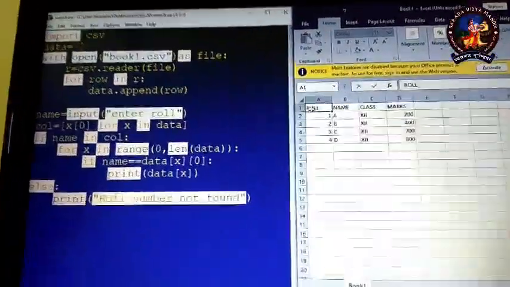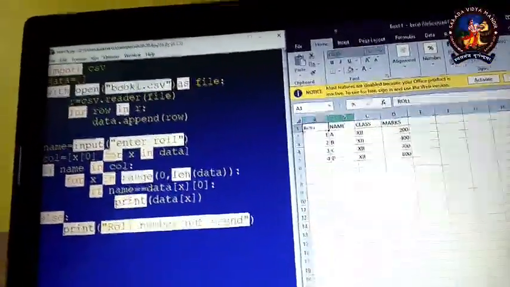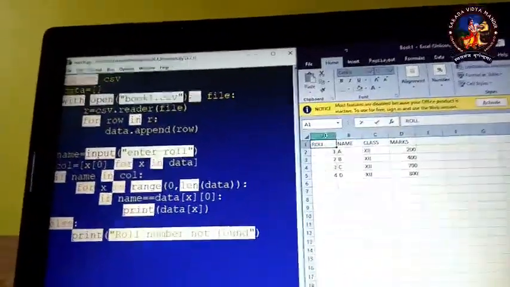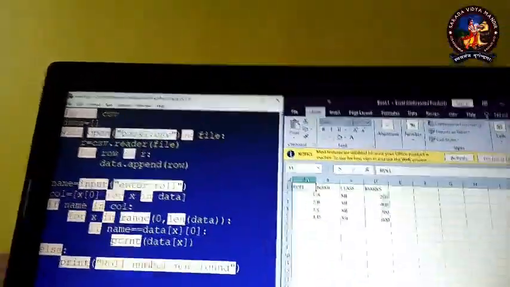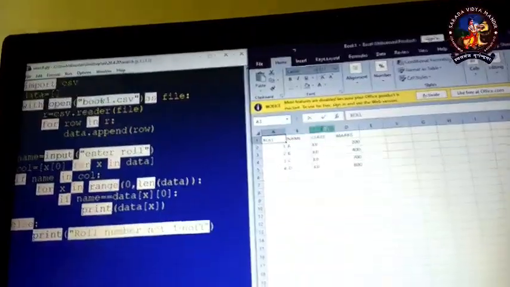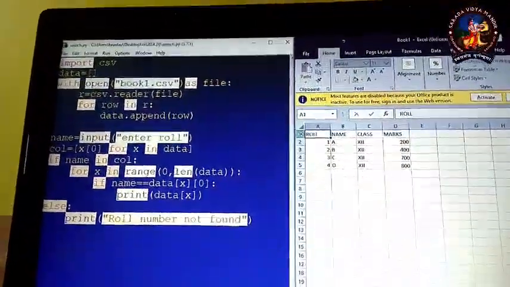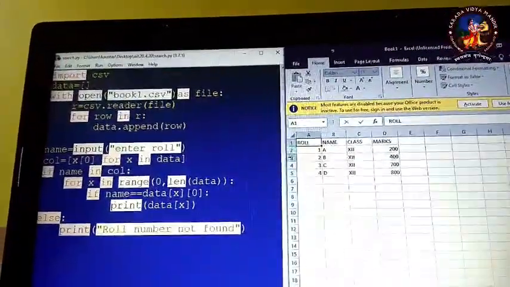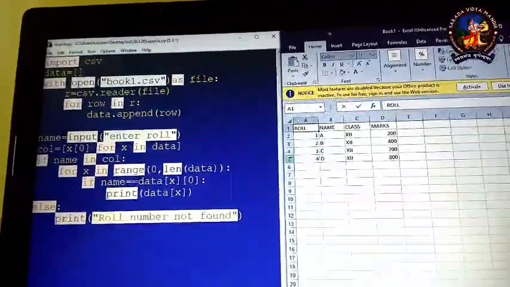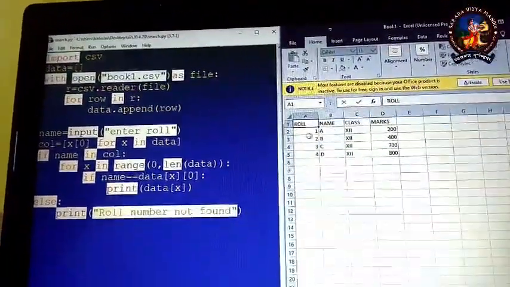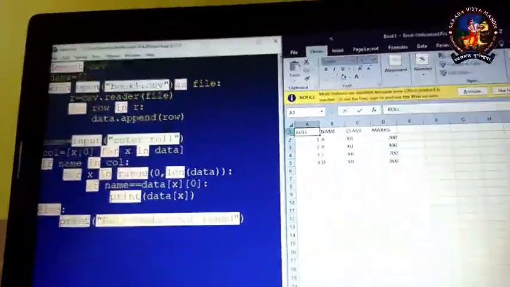So what is going to happen? The column numbers, in place of A, B, C, D, are internally arranged as 0, 1, 2, 3, and the row numbers are also arranged as 0, 1, 2, 3. Now if I see roll, where has it been stored?